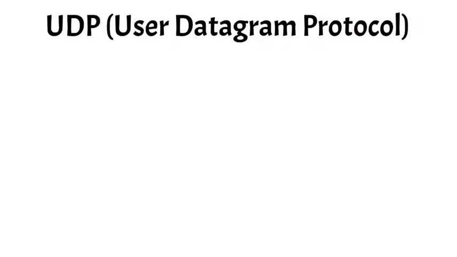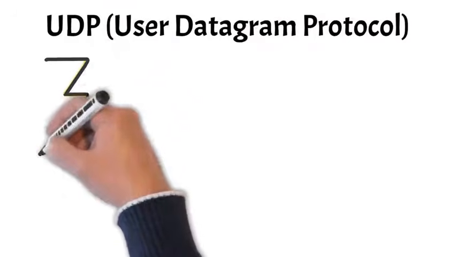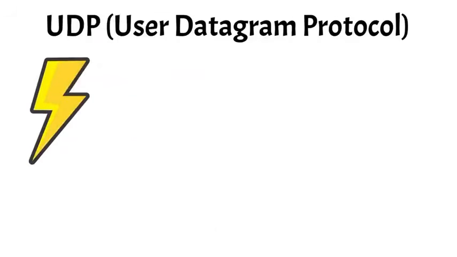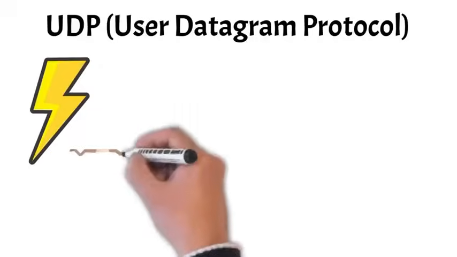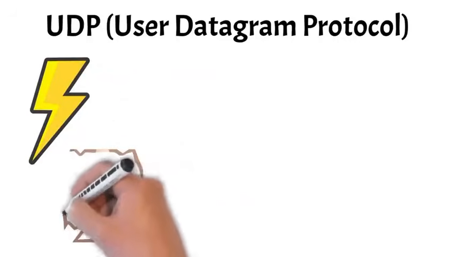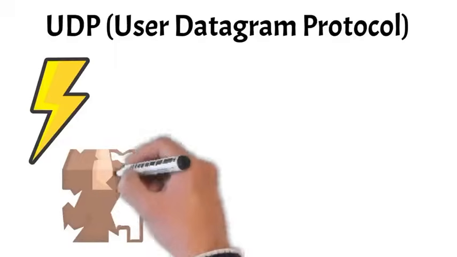Coming up next, UDP. UDP, or User Datagram Protocol, is a communication protocol used in computer networks that allows for fast and connectionless data transmission. Unlike TCP, UDP does not establish a connection before sending data, nor does it guarantee delivery, order, or error checking